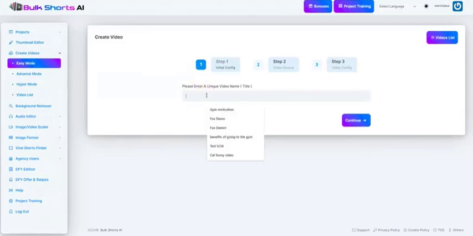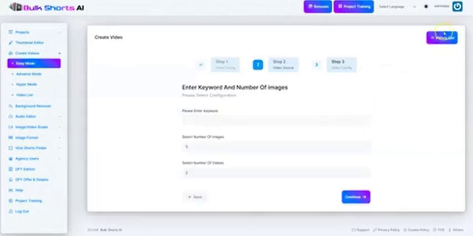And I'm just going to hit on this particular section, name the video as gym motivation 1, 2, 3, and I'm just going to put that as test, and hit on continue. And over here this will give me an option which says please enter a keyword, and I'm just going to put that as benefits of going to the gym every day for men